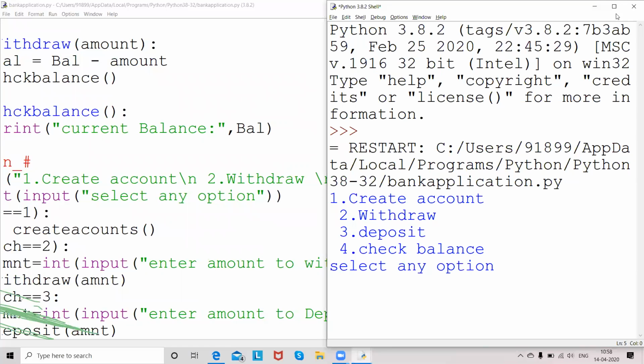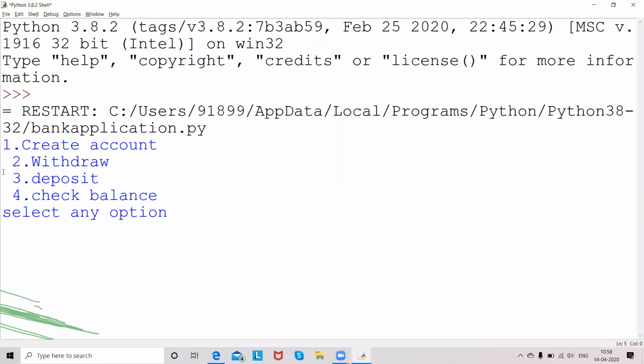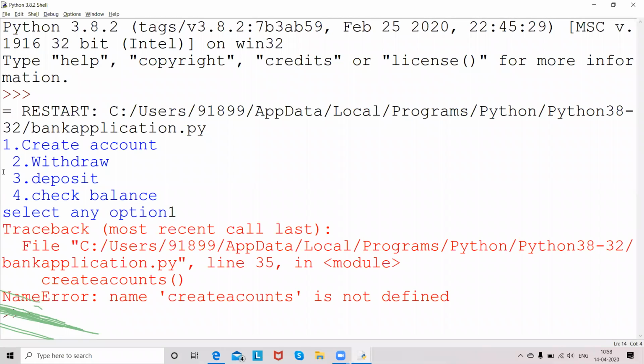Okay, now you can see the 4 options I have entered are coming. Now it is waiting for the user to enter the operation. So I must select the first operation because it will create account details.